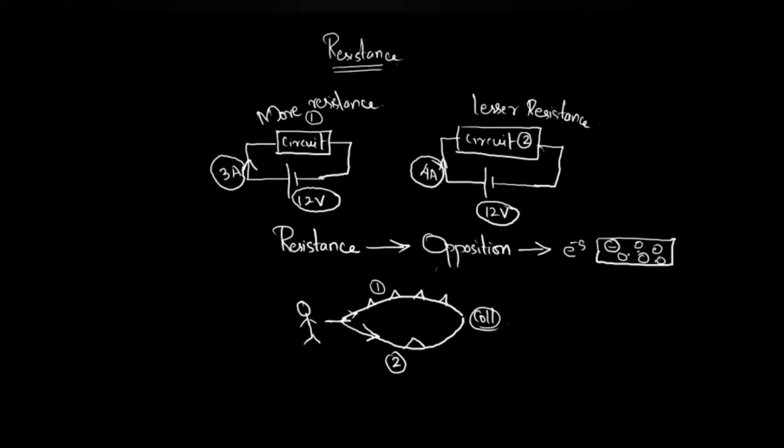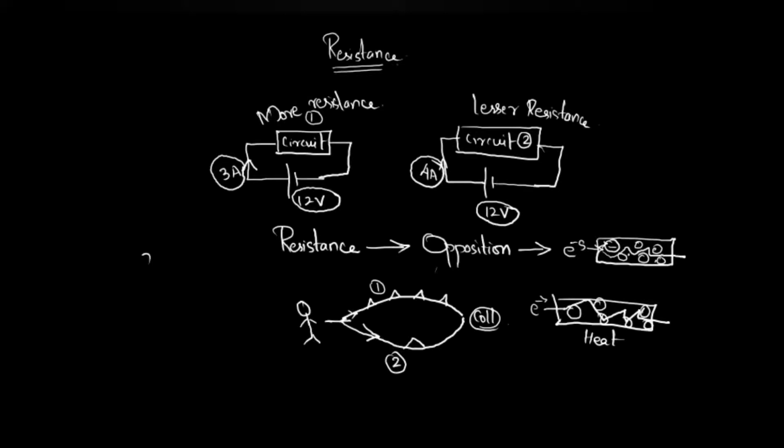So this electron has to pass through all these hindrances in order to reach the other side of the element. These ions, neutral molecules and other electrons are all hindrances or opposition to the flow of this electric current, and that opposition is nothing but the resistance. When this electron collides with other particles inside this conducting material, it produces a friction which produces heat energy, which is nothing but the heat dissipated when a conductor conducts an electric current.